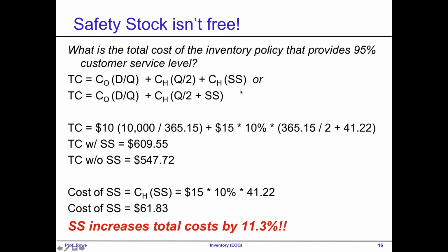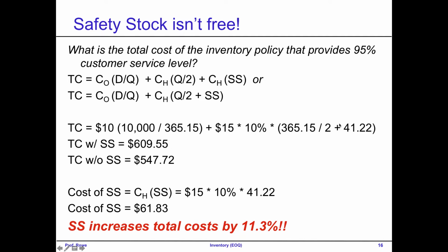So we've altered our formula. We have our new total cost formula. We put the values in: the $10 ordering cost, 10,000 units per year, divided by our EOQ value that we calculated previously, our holding cost, Q divided by 2 plus my safety stock. So my total cost with safety stock is